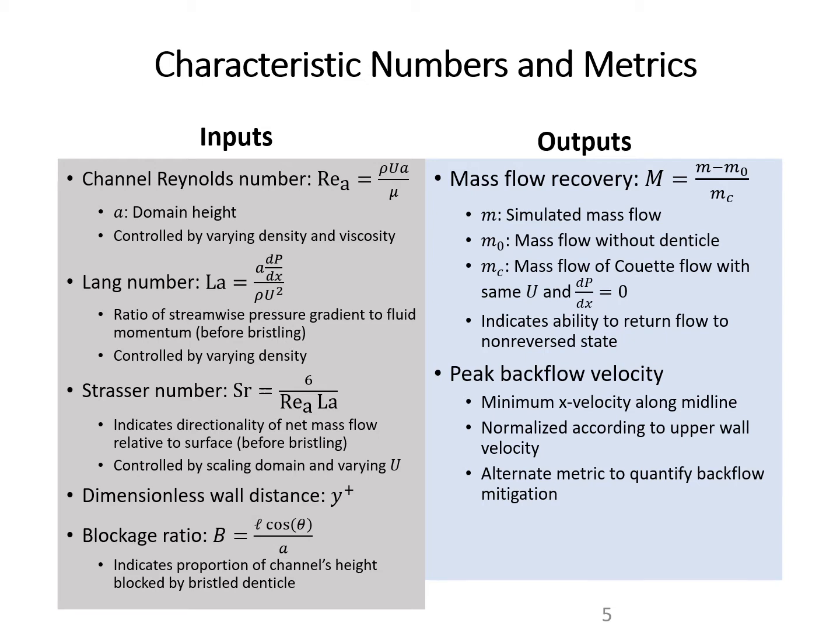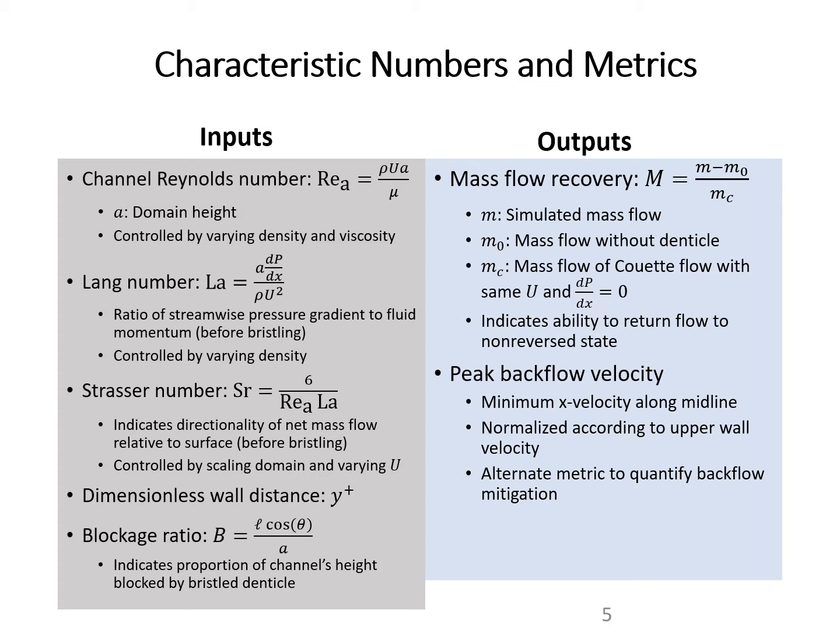Our first output that we are considering is the mass flow recovery. And this compares mass flow rate to the mass flow rate of a similar setup without the denticle present and to the mass flow of a couette flow using the analytical solution. The important thing about this is it represents the ability of the given geometry we're testing to return the flow to a non-reversed state. So a large mass flow recovery means that the denticle is making the flow move rightward, and a negative mass flow recovery would mean that the denticle is actually impeding the flow and decreasing the net